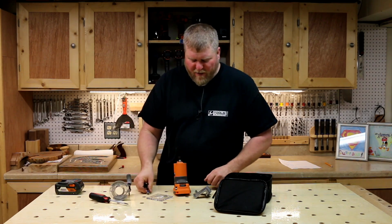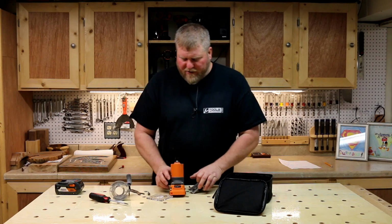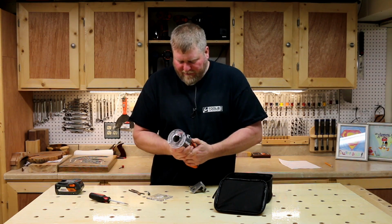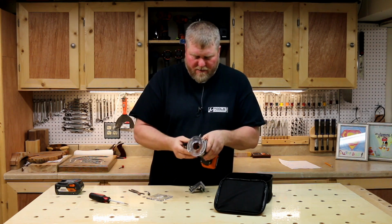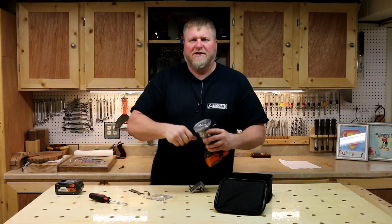So as I said, there's a straight bit here with a bearing. There's also a guide here that screws into the base. Let's put this back together real quick. Once you screw this base in, it'll give you an edge guide, so you can,